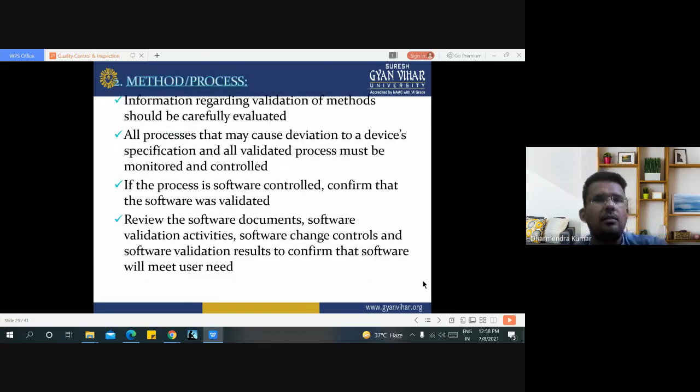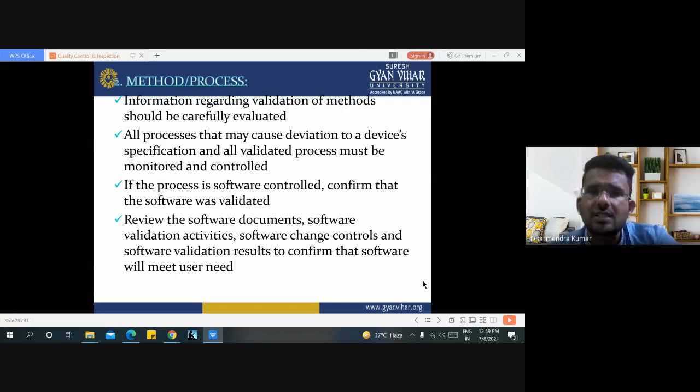Here is the method or process which we are using to complete our product. Information regarding validation of method should be carefully evaluated. Here, we need to consider what is needed at the time of applying the method or process.